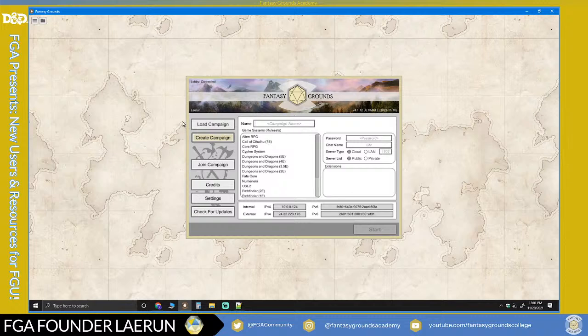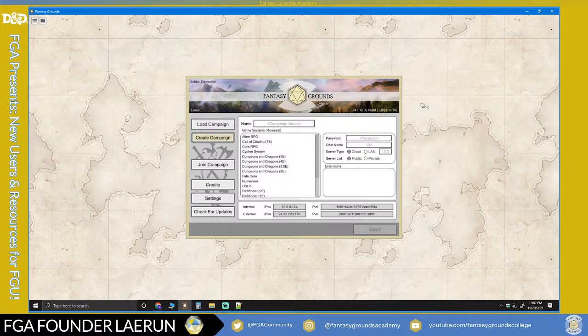So basically, if you already own the content that you are interested in, Fantasy Grounds offers you a digital version of it. In other words, it saves you the time and the headache, and it also gives you the capability that you wouldn't normally have with a PDF or with a physical book. There are lots of things that link, and lots of things that can be copied within the campaign.